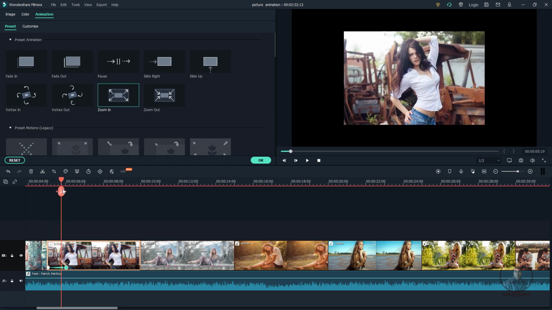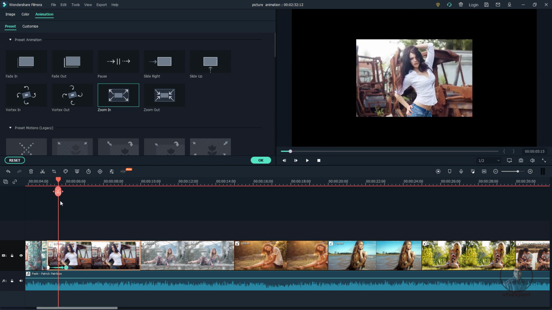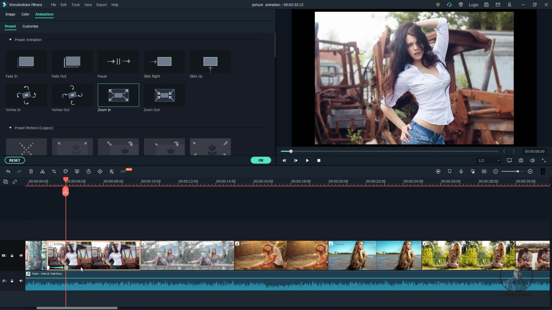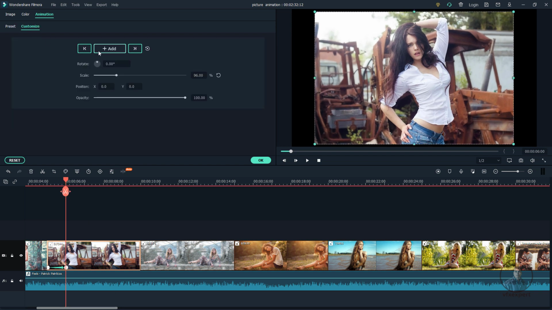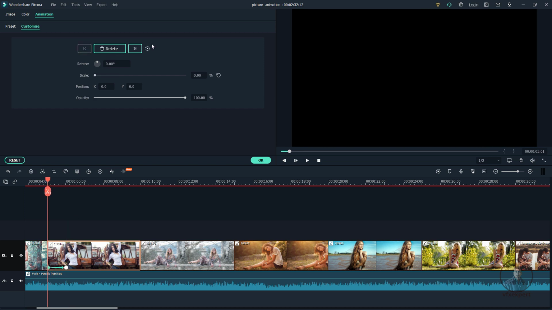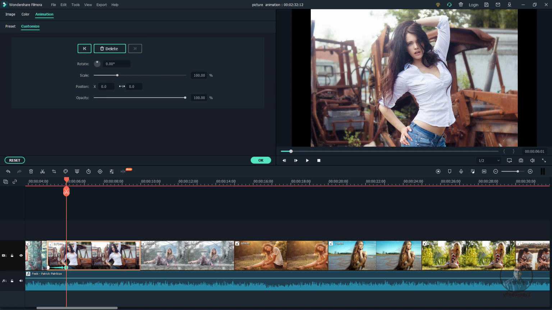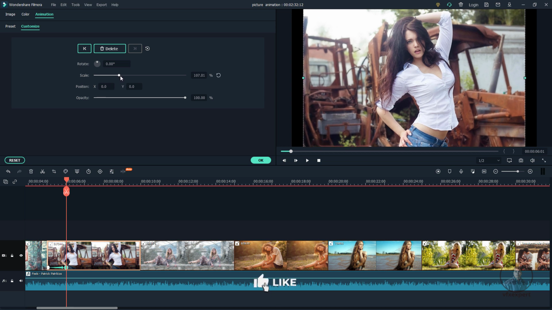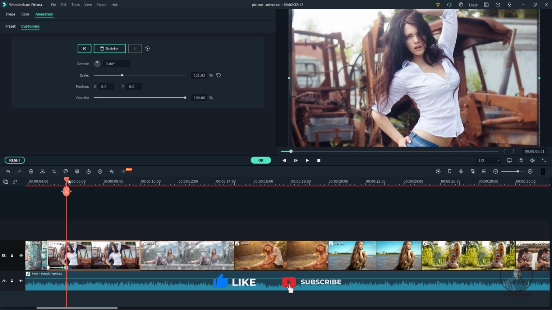Now after this, suppose I want to adjust this animation. So what can we do? Again just double click here. Inside this customize, we can select all these previous key or next key. You can see this one is selected here. Now next one, then we can adjust all these parameters here. This will update this animation. Now just select this scale and adjust it here. Now just play and check.